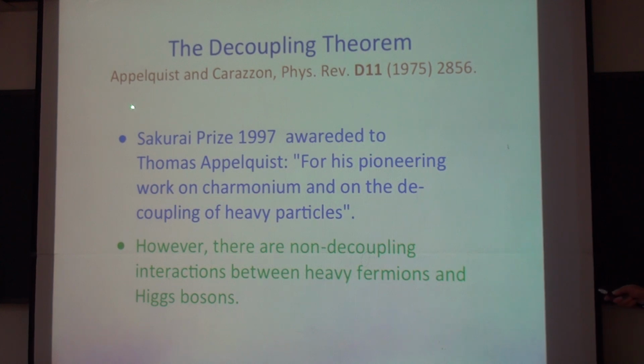So in '75, Appelquist and Carazzone suggested that if you have particles, they will disappear in your calculations if they are very, very massive. But there is one exception. And that exception is if you have heavy fermions and spin zero states, then they don't decouple. You are going to find a finite contribution. I think we learned this from Pathan's talk, when you have Higgs, when you have extra degrees of freedom